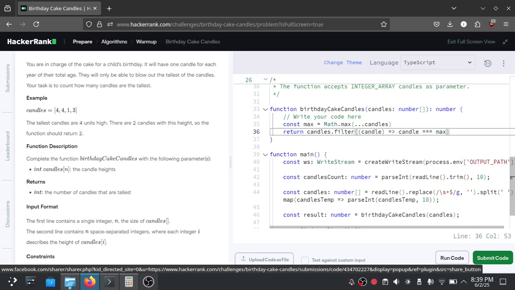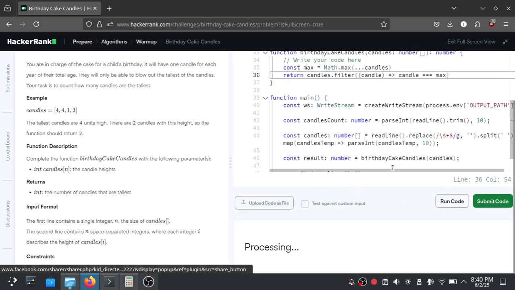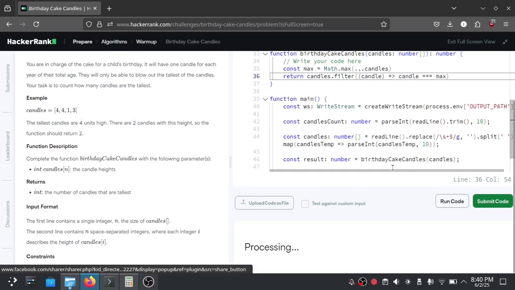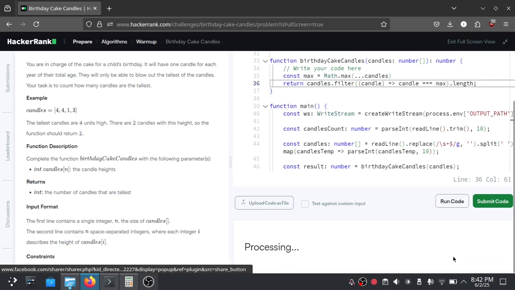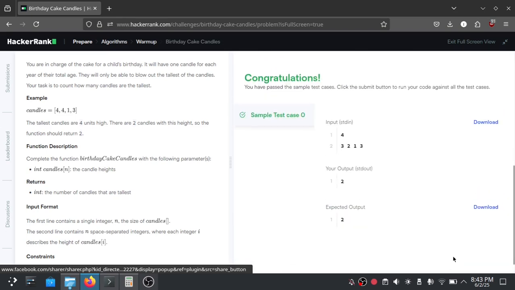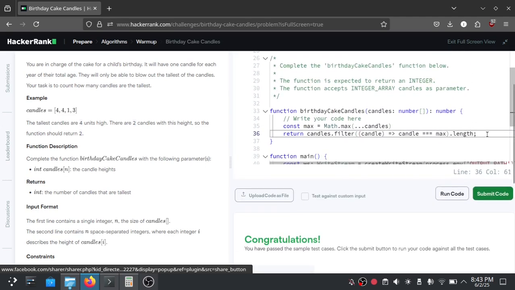If it's strictly equal to the max, and since it will return an array because we are using filter, we can then use the length property. That way we are returning how many candles are the tallest inside the array.